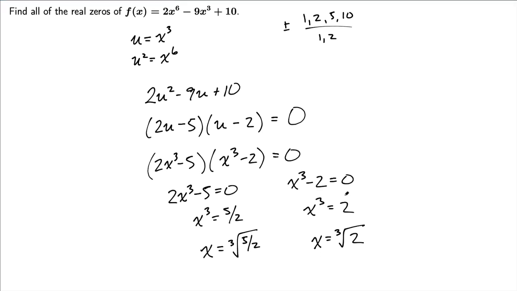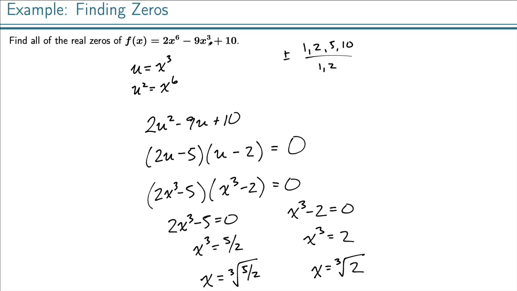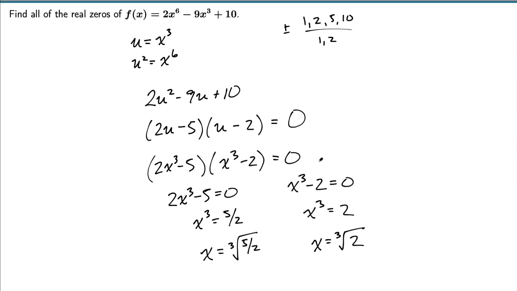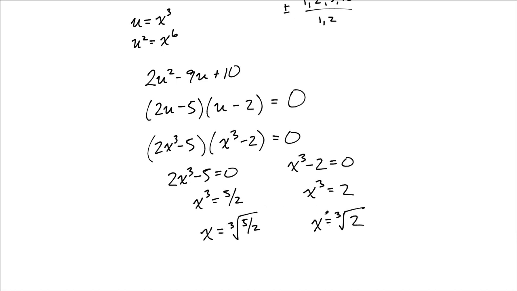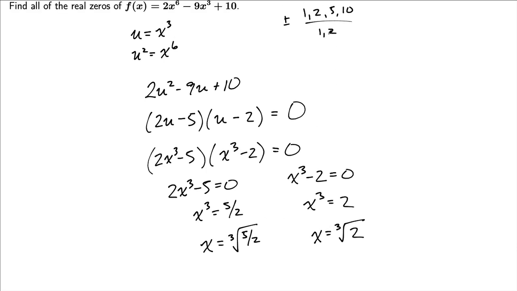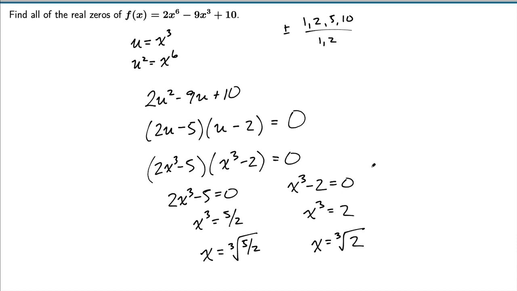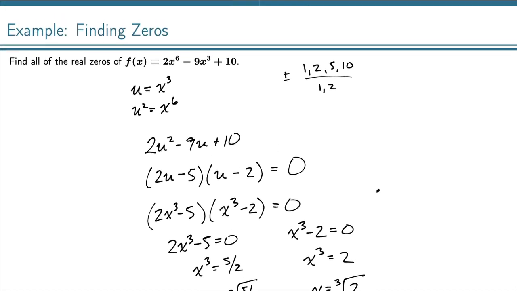And that was probably really frustrating. But it's because we weren't being smart about how we did this. This is a quadratic form, and recognizing it as a quadratic form made getting the zeros a lot easier. In fact, it's the only way we could do it because none of our zeros were rational zeros. So the moral of the story for this problem is do not just assume one way of solving a problem. Remember all of the tools and techniques that we've learned, and that will